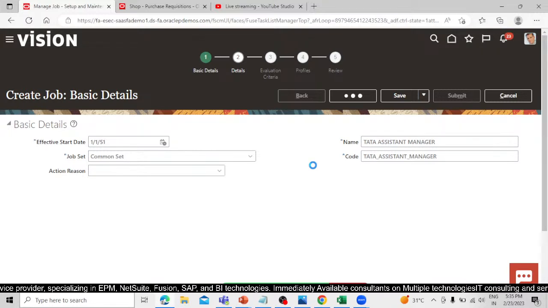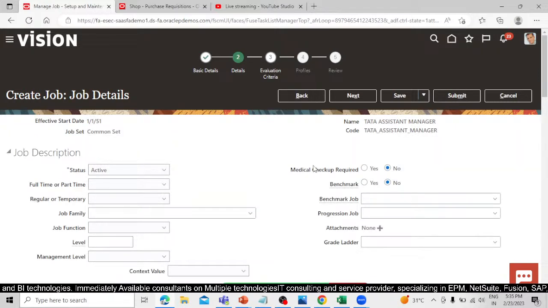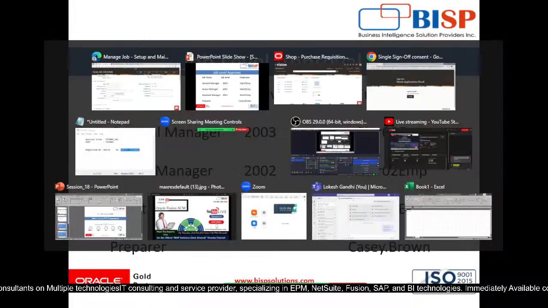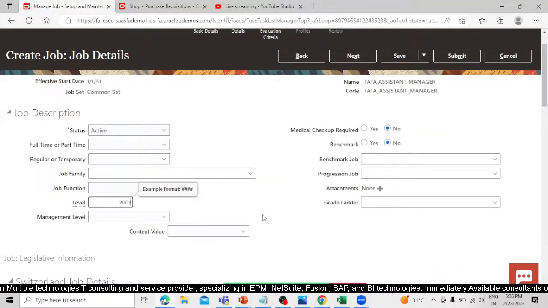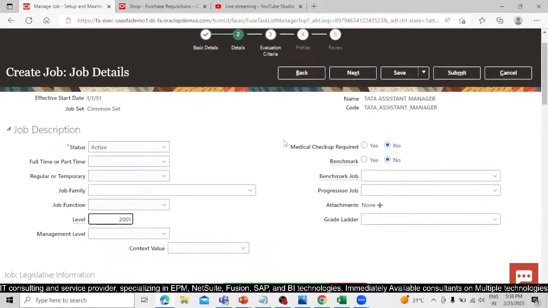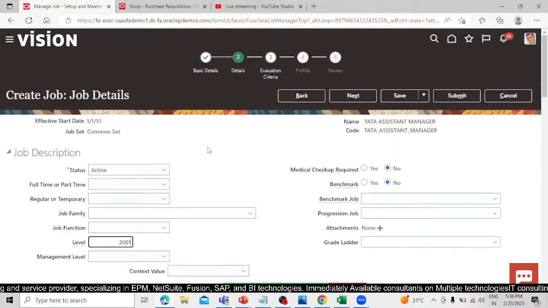Now we have to define the labels over here. Right, so what is the label? This is our label. So label is 2001. You can see this is our job label, right? And no need to worry about else. You can define as per your requirement, right? Click on this next,